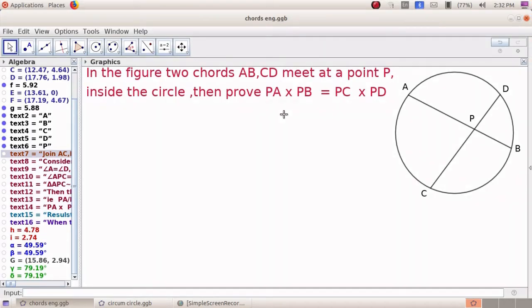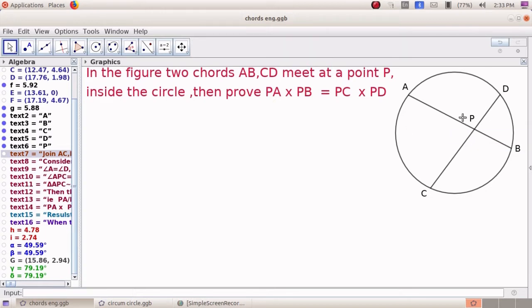See, in the figure, two chords of the circle AB and CD meet at the point P. We have to prove PA into PB, that means the product of these two pieces PA and PB is equal to the product of the pieces PC and PD. That means we have to prove, when two chords of a circle intersect at a point inside the circle,